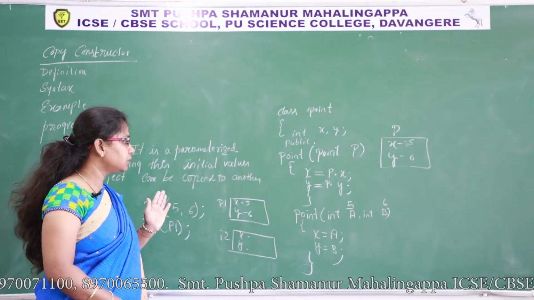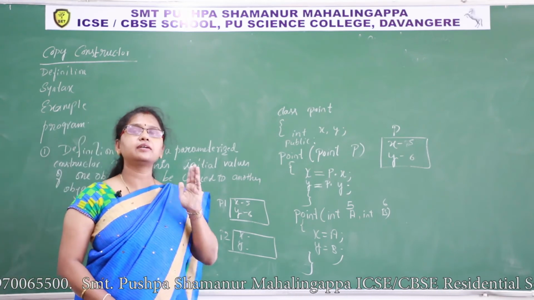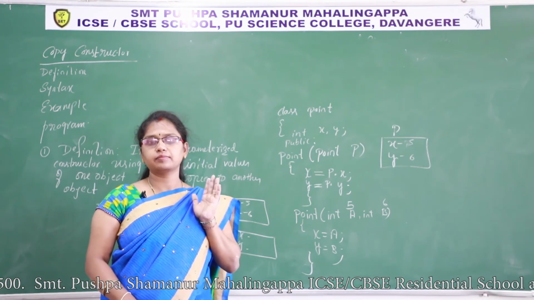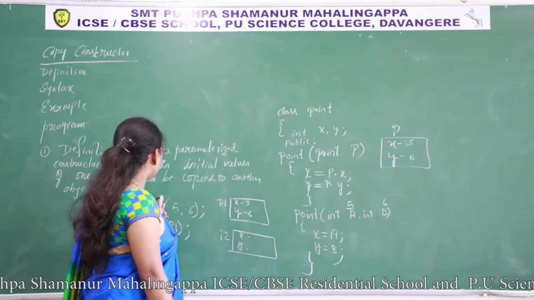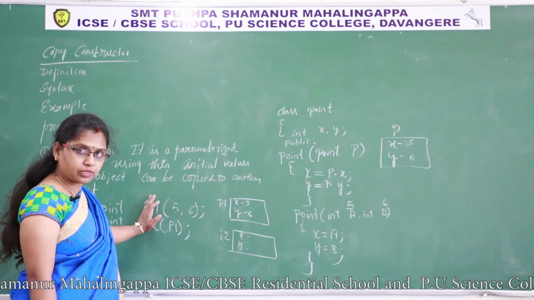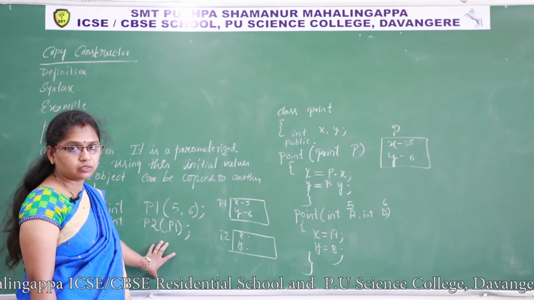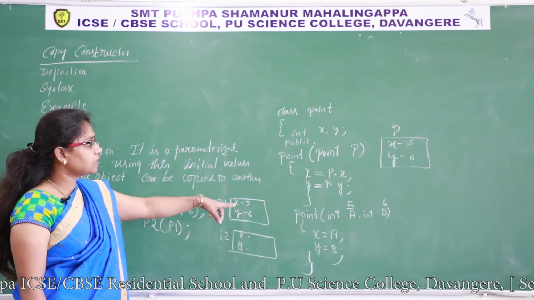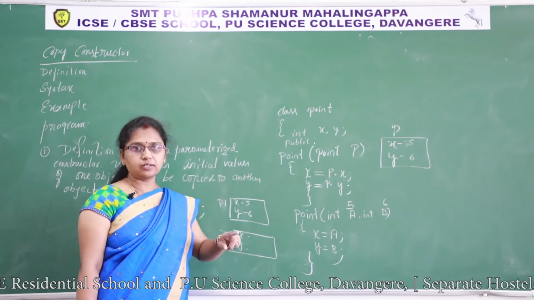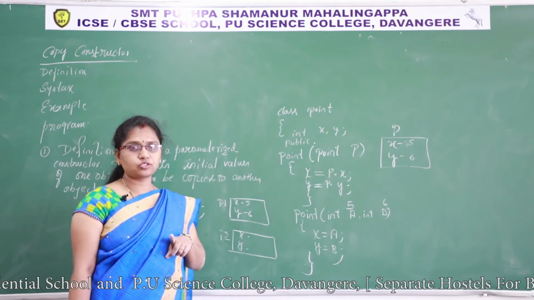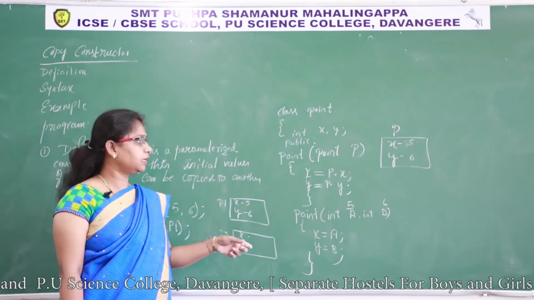It's very simple. If you are using a copy constructor in the class, there must be another parameterized constructor. Understood? Because already we have taken a value for one object, and that object's values I am going to pass to another object. That's why a class must have two constructors. If you use a copy constructor in the class, you must have another parameterized constructor, so that we can copy one object to another object. Clear?